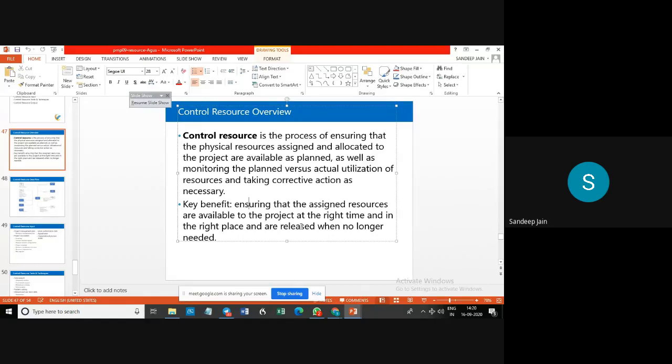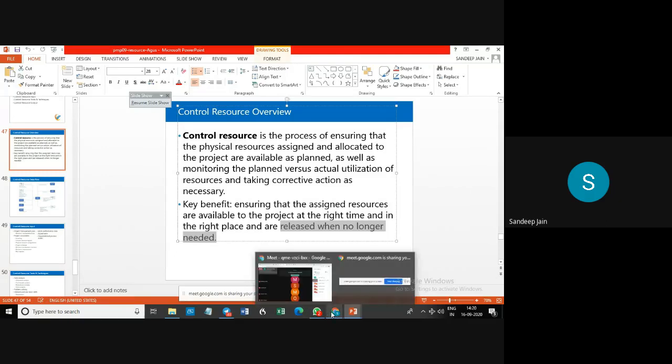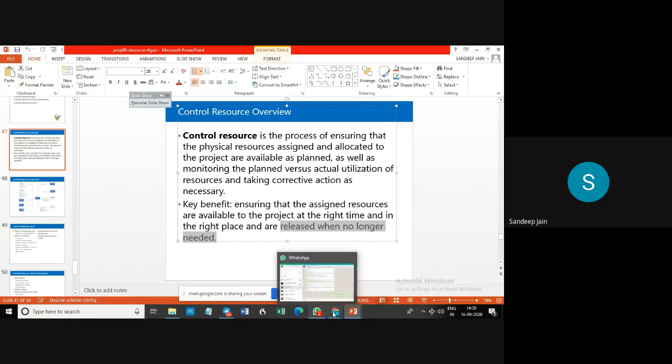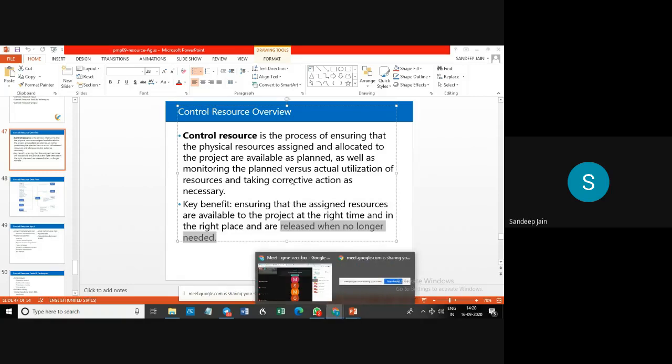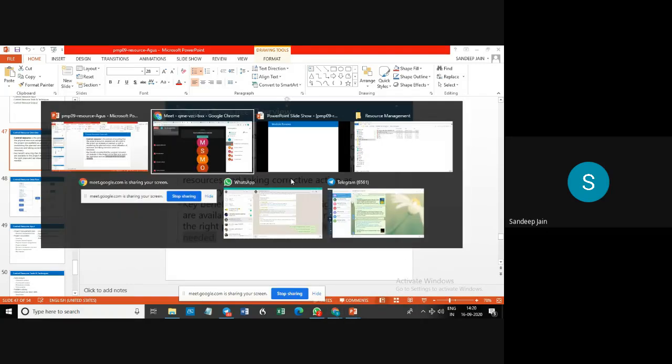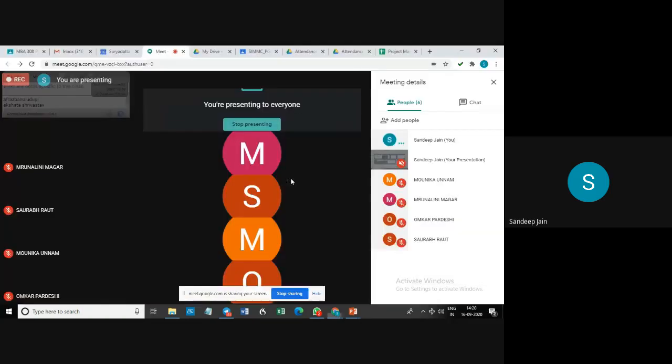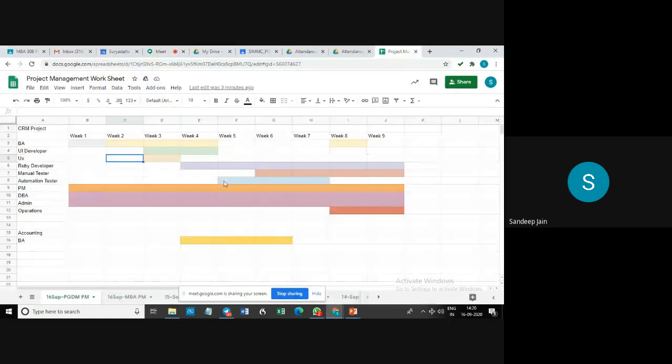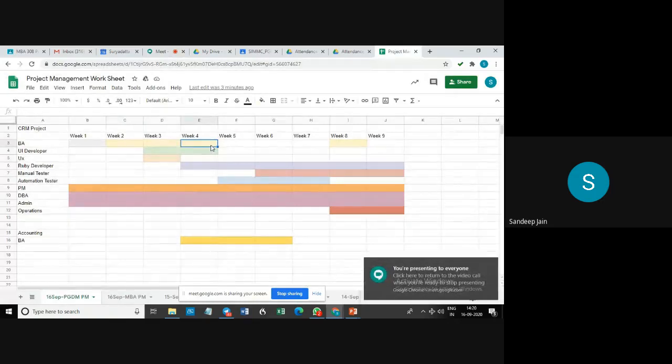And so the other key aspect is that a resource is released when no longer needed. If I had to go back to my sheet, no, it's here. If the BA's work is over in week 4, and he continues in week 5 without any work,